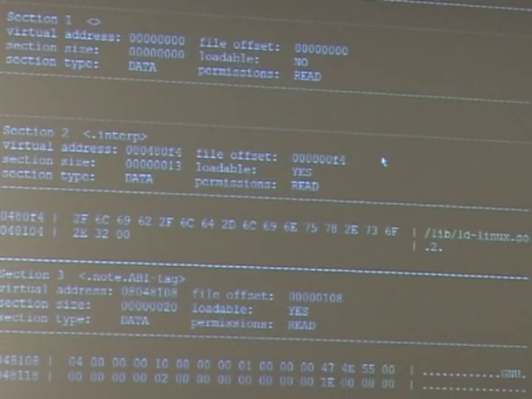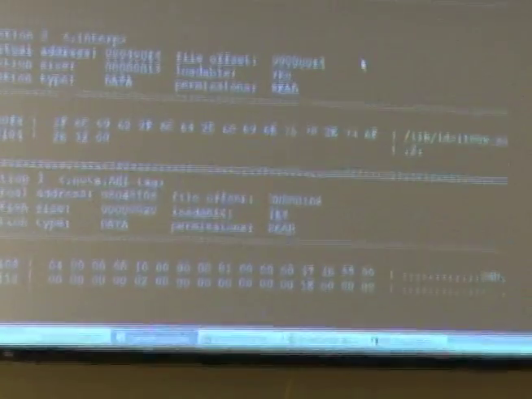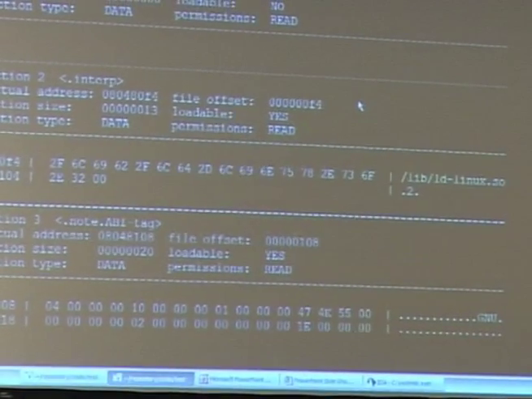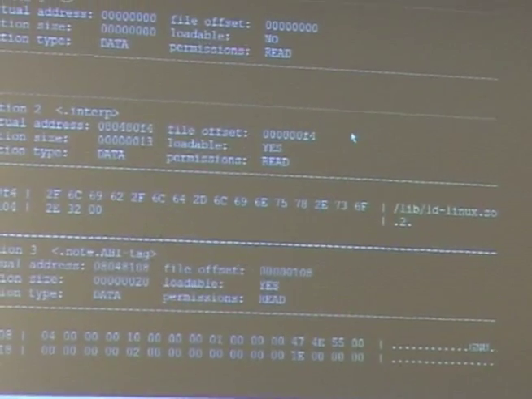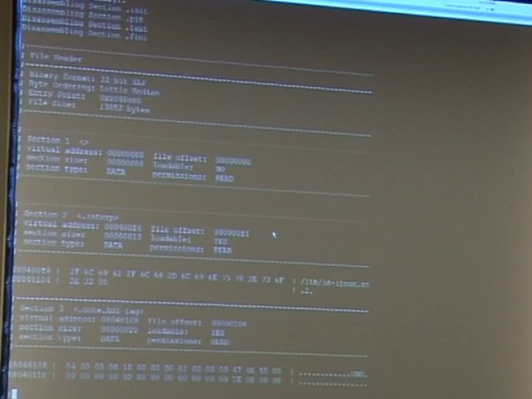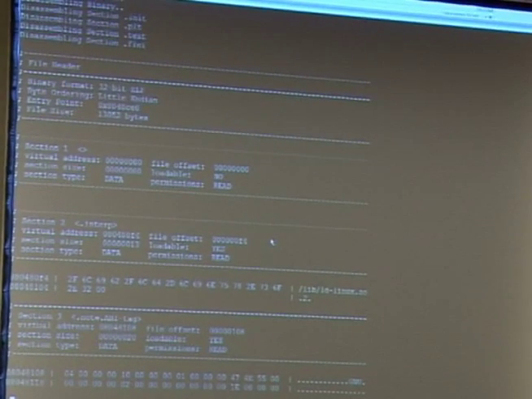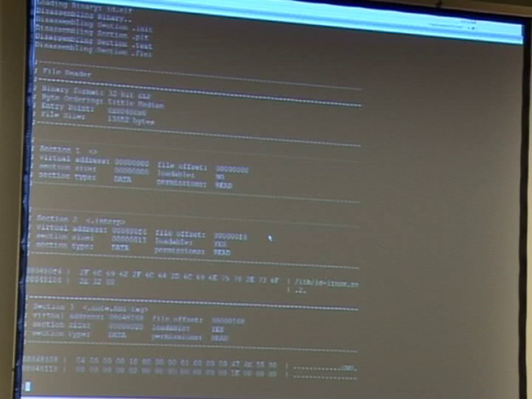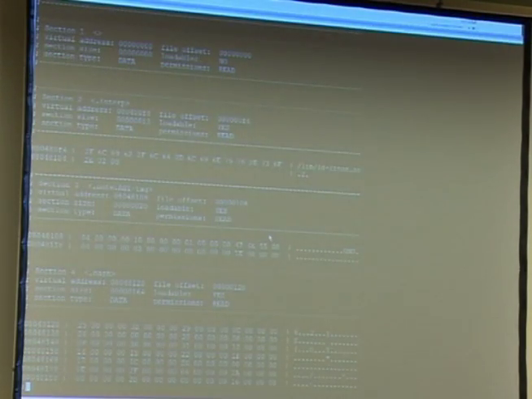Basically, it shows at the top here, it's detected 4 main sections that it's going to be dealing with as executable sections it's going to disassemble. The other ones it treats as data because in the section header, flags are set to only be readable and writable as opposed to executable. So that's a very simple way to determine if code is going to be executable. It reads the file header as an ELF, a 32-bit ELF file, which is little endian, and evaluates the entry point in the file size. And the first section in an ELF file is typically a null section, so that's why you see, or maybe don't see,